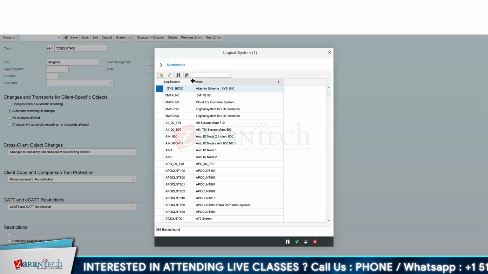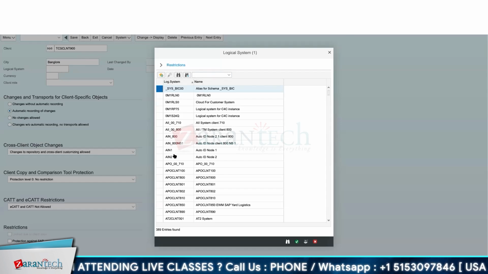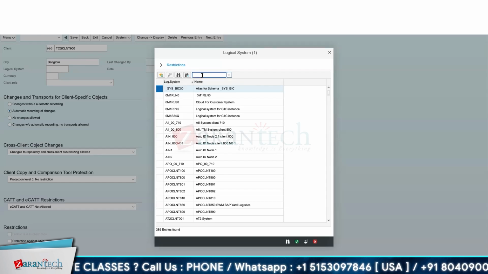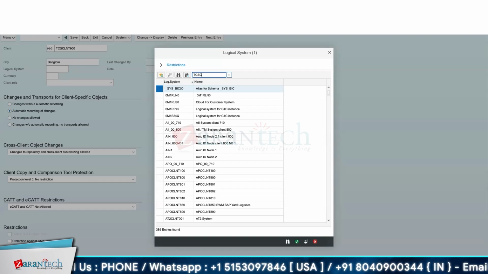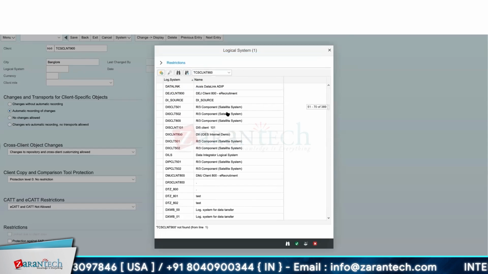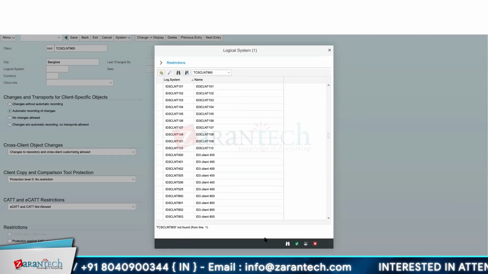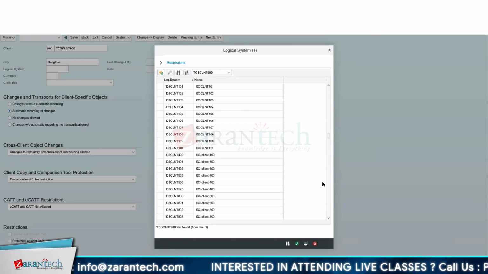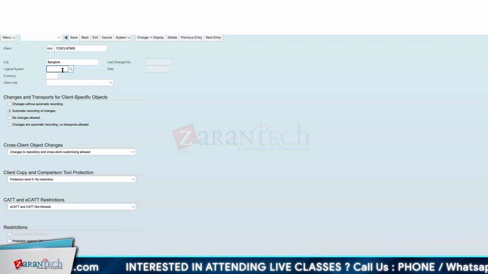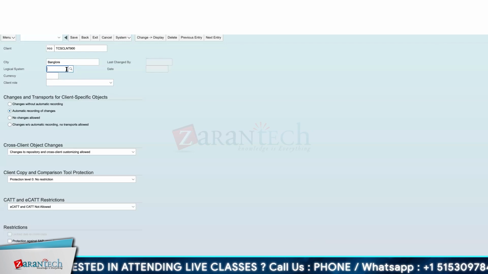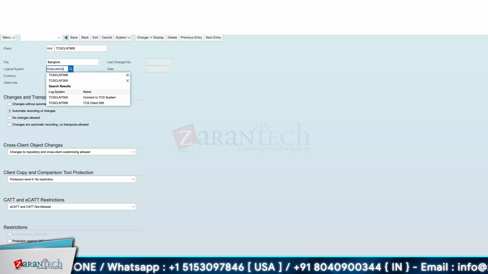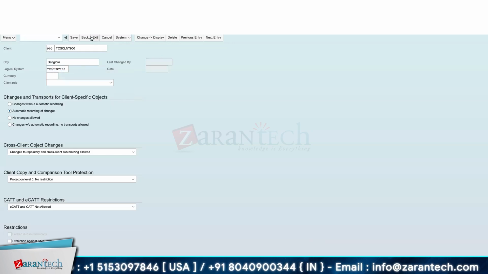So it's all these logical systems. See here in this column defined over here. Yesterday also we defined this logical system. So TCS CLNT 900, let's see if it is there. It is not there. Okay, no entry found. So without having this logical system field, it will not let you save. Let's say I give TCS CLNT 900, it's not there. But if you try to save it,